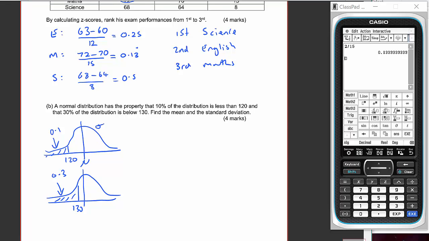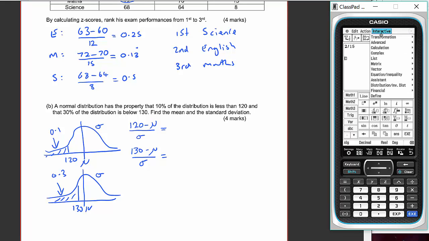This is mu, this is sigma. Mu, sigma is the spread. So let's Z-score these. So if we do 120 take away mu divided by sigma, and then 130 take away mu divided by sigma, what we need to know is the actual K value, the Z-score value over here. And to do that, we use the inv norm,